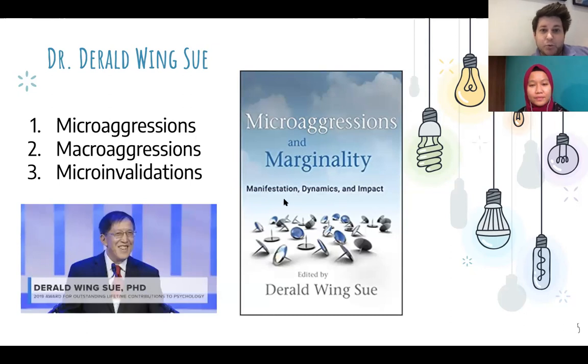One of the books that he has, it's the most famous, is called Microaggressions and Marginality: Manifestation, Dynamics, and Impacts. In this book, he creates working definitions of some terms that he uses throughout all of his books. So a microaggression, which you'll see in a video that we'll play in class, it's sort of like subconscious aggressions